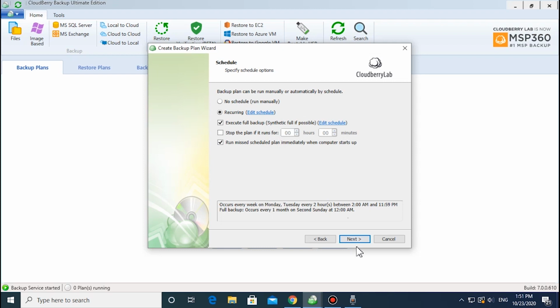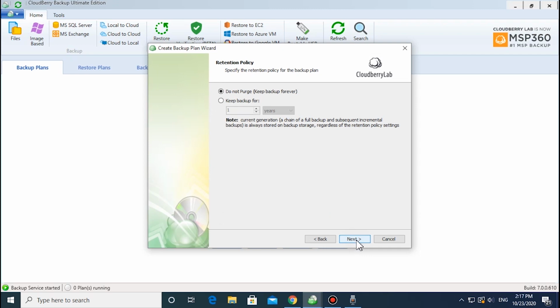From this moment, if a backup fails, data that has already been uploaded can be used on the next run. Upload Resume is now available for all backup types. In Cloudberry Backup 7.0, the mechanics of the retention policy step have been simplified. Either select Do Not Purge so the backup is never deleted, or choose the time span for which the backup should be kept. After you specify the retention policy, press the Next button.